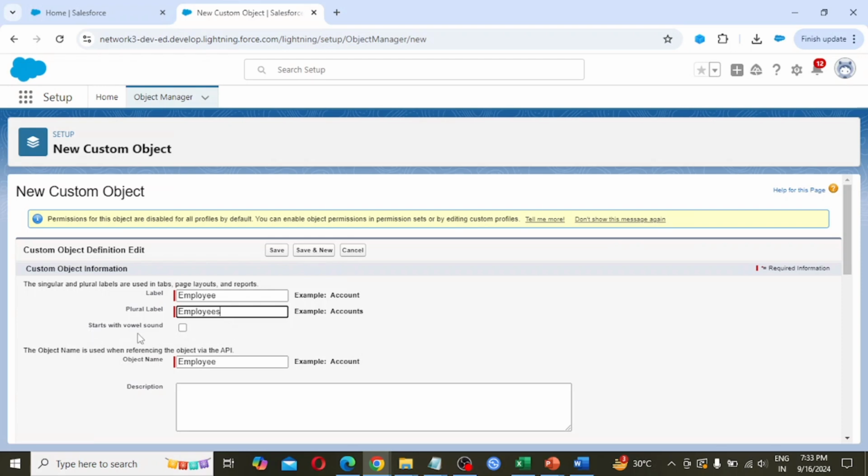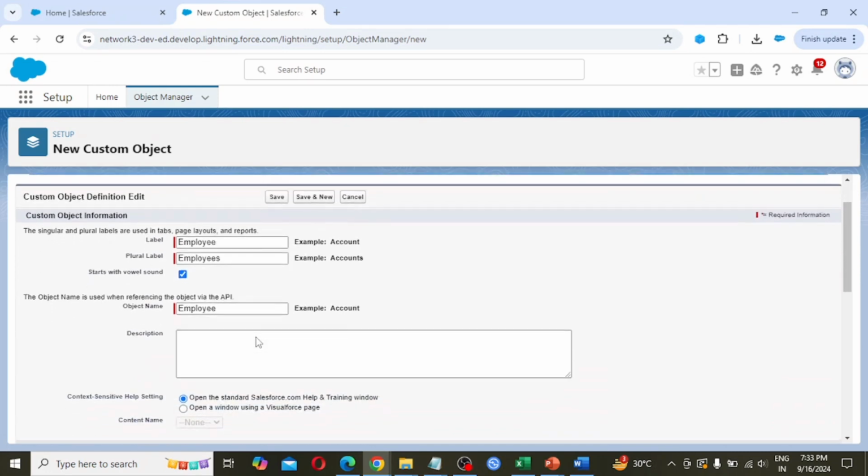It starts with a vowel sound, so this is also for differentiating some of the things. E means a vowel. So for now I am checking this, as it starts with a vowel sound. So the object name is employee.